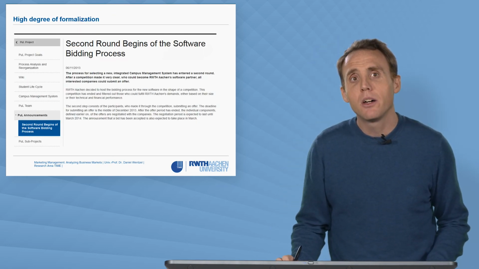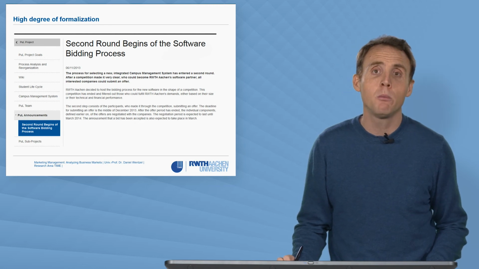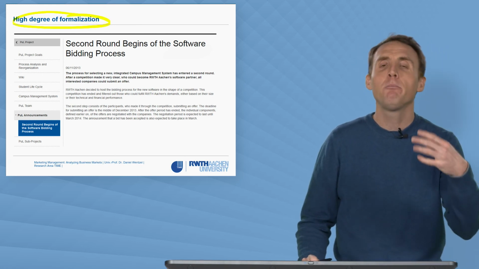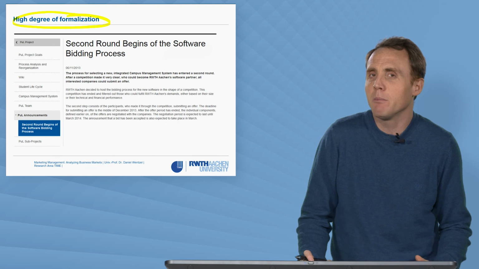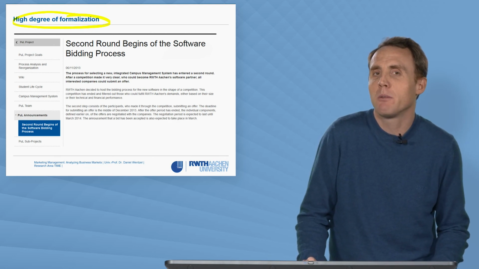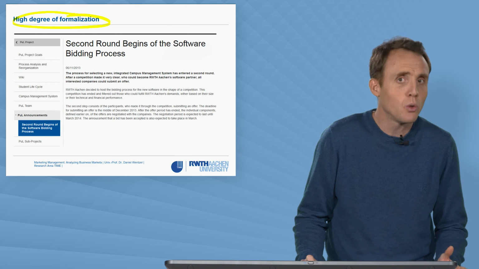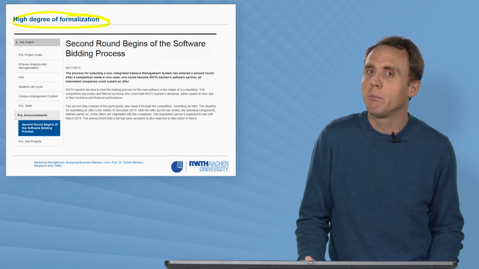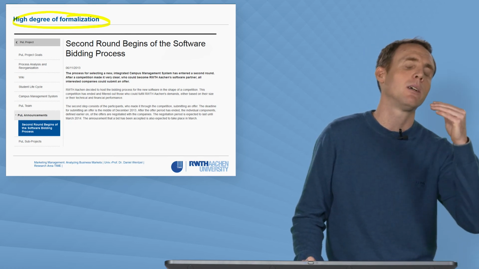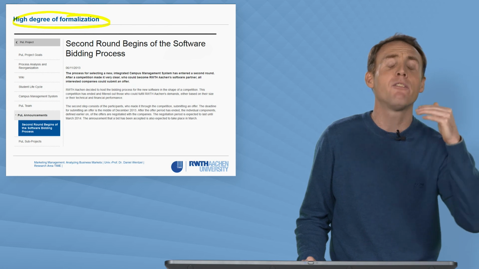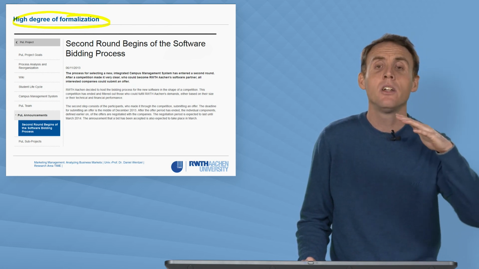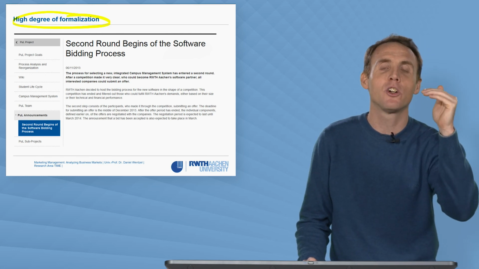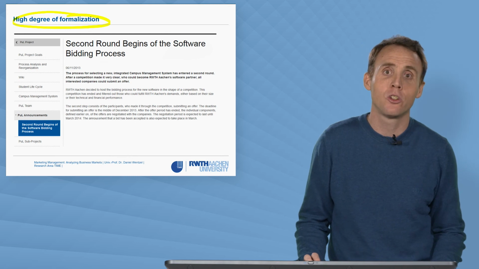What's also different about decision processes or buying processes in B2B markets is that they're typically characterized by a high degree of formalization. Again, B2C decision processes are simple in the sense that, assuming you have the money to buy something that you want, you can just do so. There's not much more that you need to do. This is very different in B2B markets, which are typically characterized by very formalized buying processes. You just can't go out and buy a packaging plant. There will be very clear structure and rules according to how a purchase should proceed.